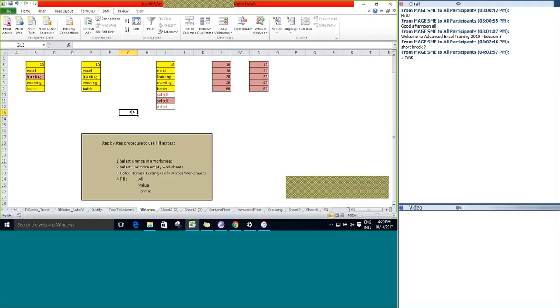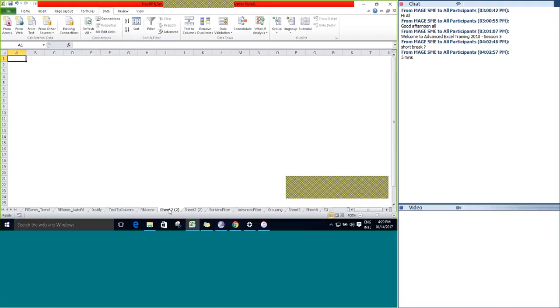So next we are going to see the concept called Fill Across. The step-by-step procedure is given here. First, select a range in a worksheet. Before that, I will just show this particular sheet. Sheet 2 and Sheet 3, you can see these two sheets are empty now.